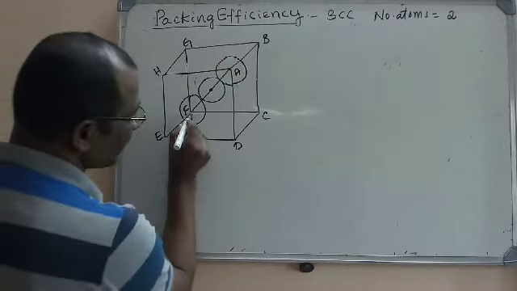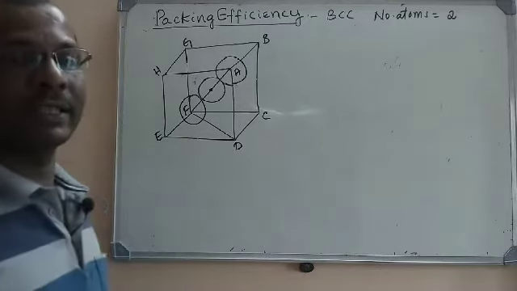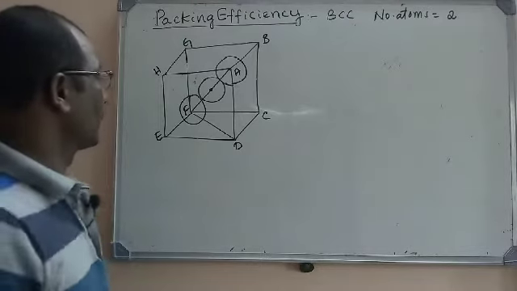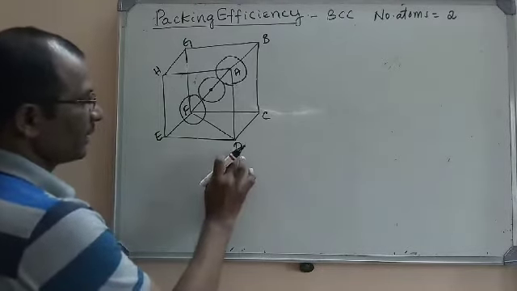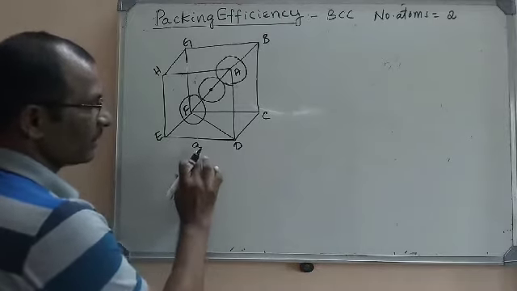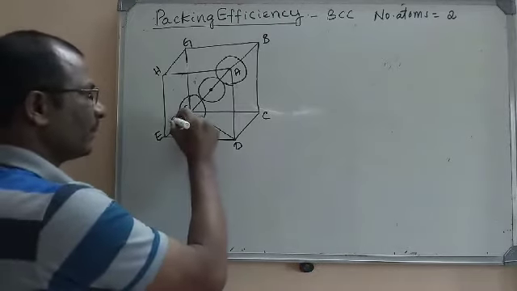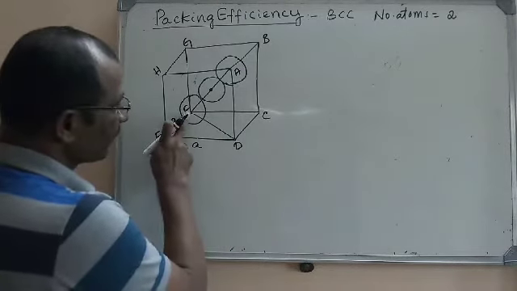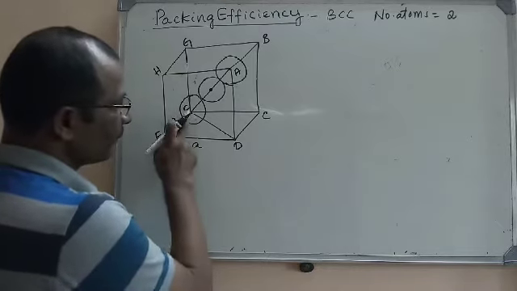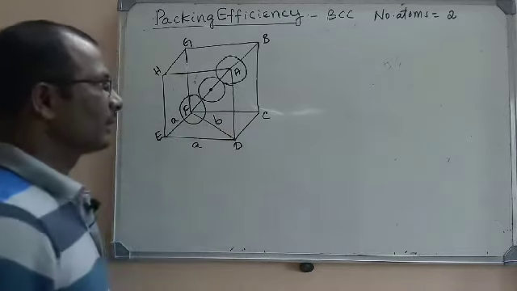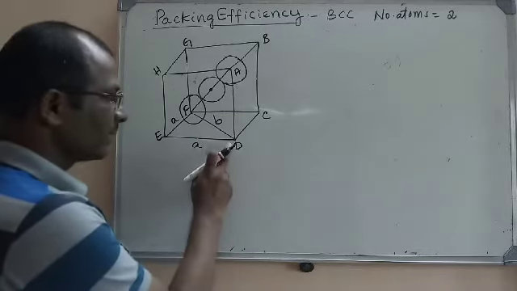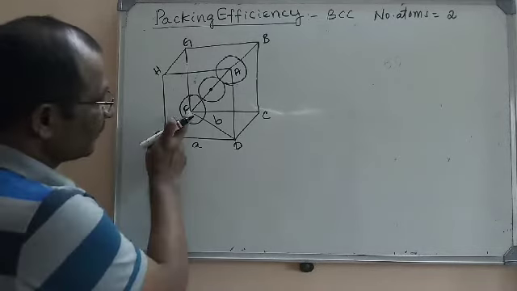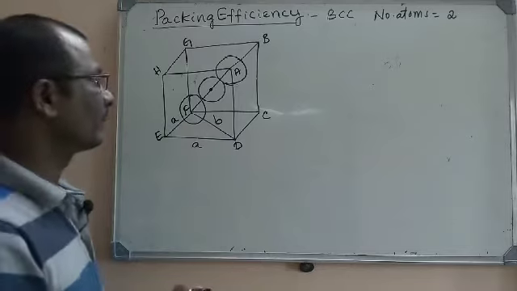And I will join DF here because I want to apply the laws of triangles. So here let the edge length DE be equal to a. This is the edge length, so DE will become a. Also EF becomes a because the edge length is the same for a cube. Now let the face diagonal DF be of length b. So I have assumed the length of the edge as a, so that EF and ED both become a, and the face diagonal length I have taken as small b.